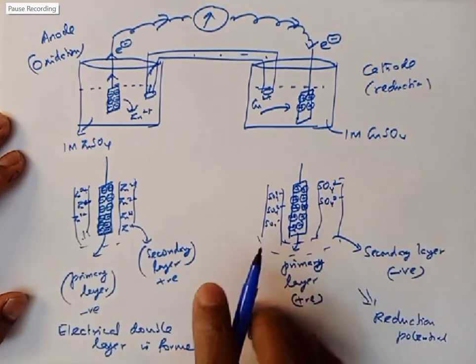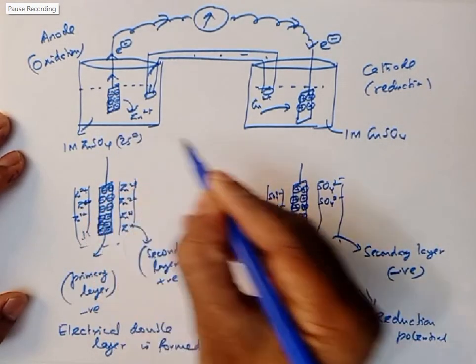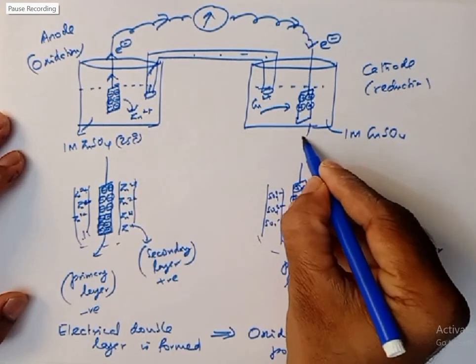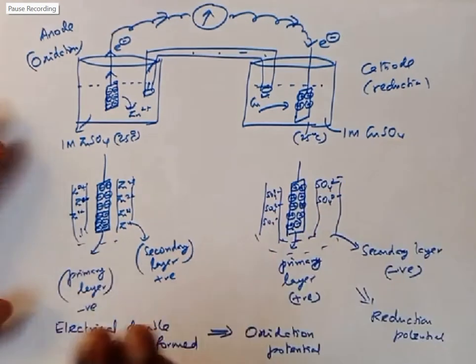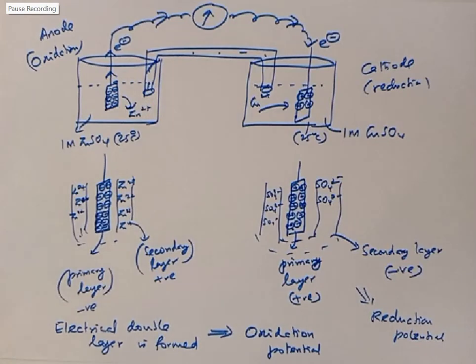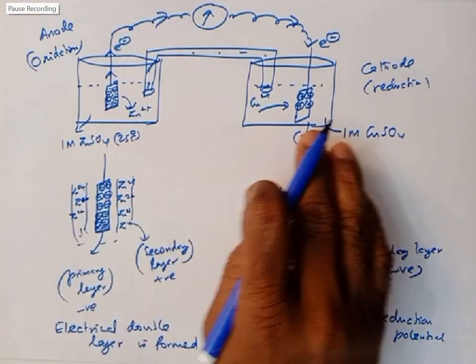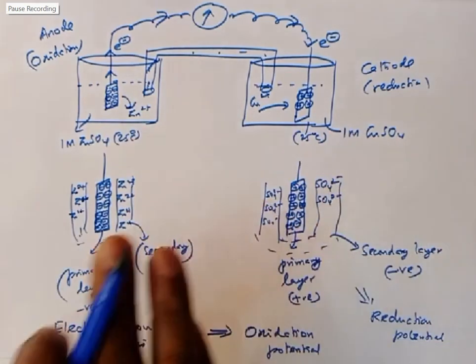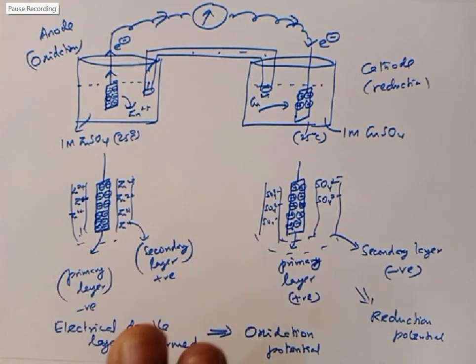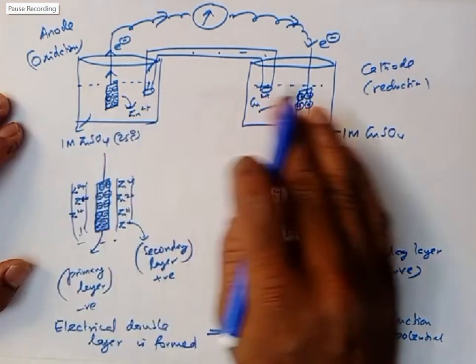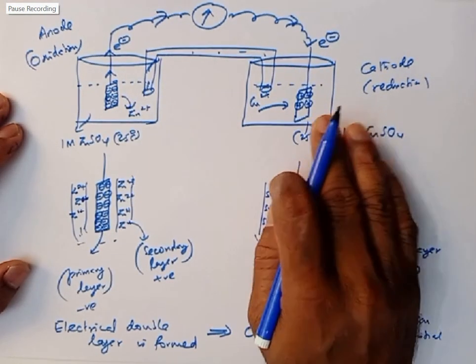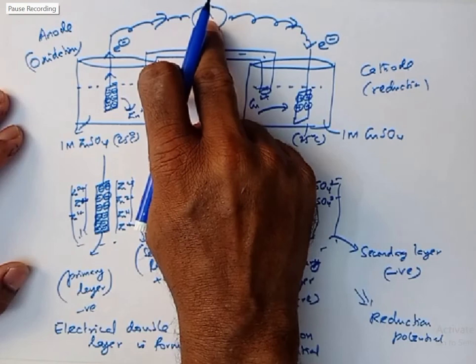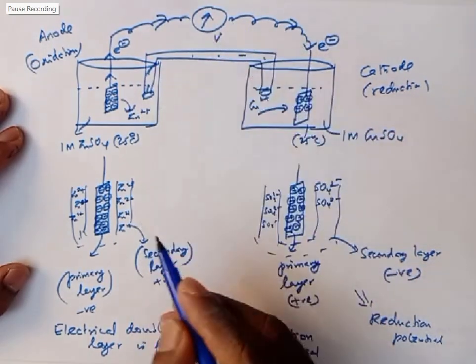Both are 1 molar solution, and temperature is maintained at 25 degrees Celsius. Students, this is another important point I like to say. Temperature is not important, but by convention we maintain temperature as 25 degrees Celsius. When you take 1 molar solution, then whatever potential that is produced at the voltmeter is what we call